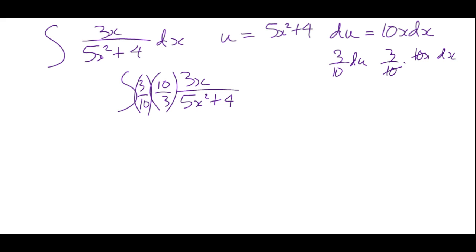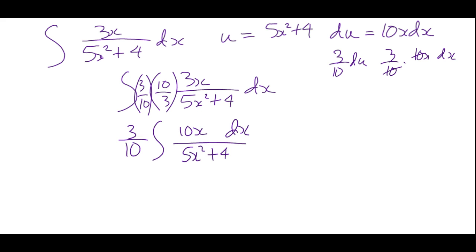So you just say, all right, let's take the 3 tenths out, and now this is just 10x dx over 5x squared plus 4, so it's 3 tenths. Okay, so what do we got? We've got 1 over u, right? That's on the bottom, the u, and we got 10x dx up top here, that's du. So we got 1 over u du,